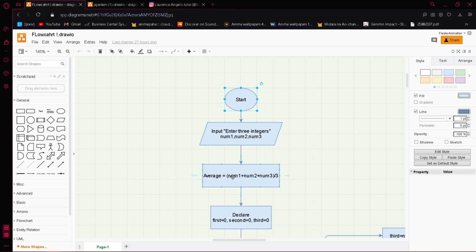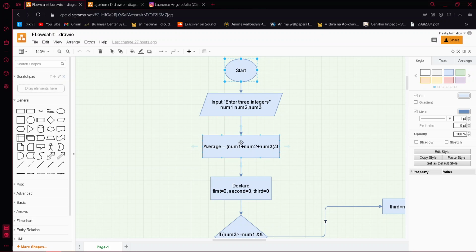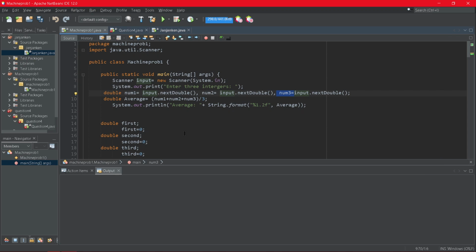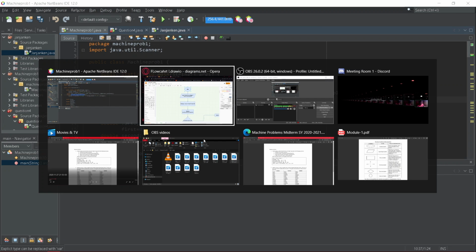Next, you need to create a process symbol in which average is equal to num1 plus num2 plus num3, divided by 3, as in the code given here.